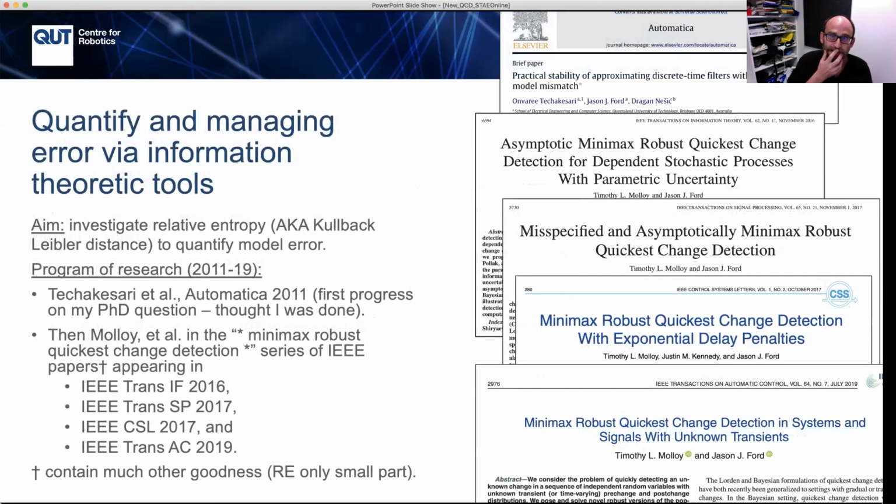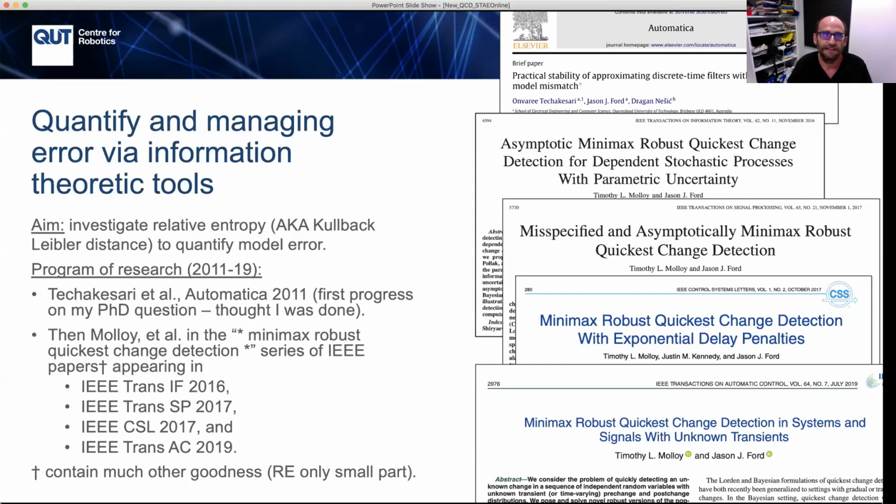So here's a journey, and I said I might point out a paper I wrote with Dragan. This is a paper up here. So I've been following a program of work investigating relative entropy and how it's used to quantify model error. And that's why I alluded to Valery Ugrinovskii's contribution to my intellectual thinking on this matter. Probably the first significant step in this was work with Henri in an automatic paper with Dragan in 2017. And I felt at that point, yeah, I had a pretty good answer to that question